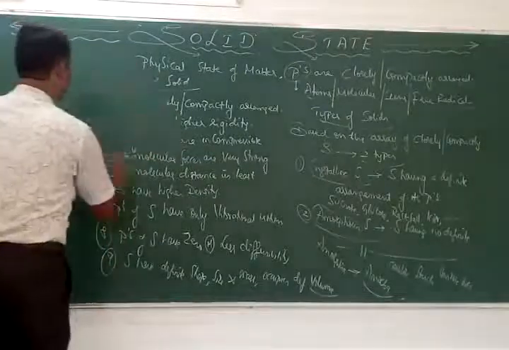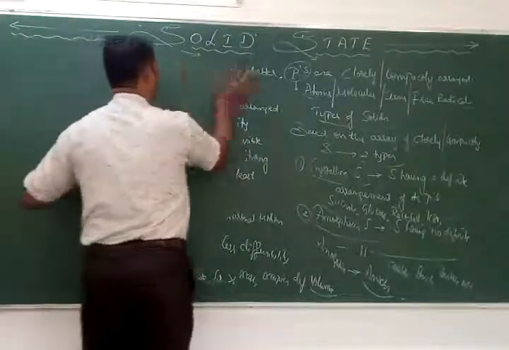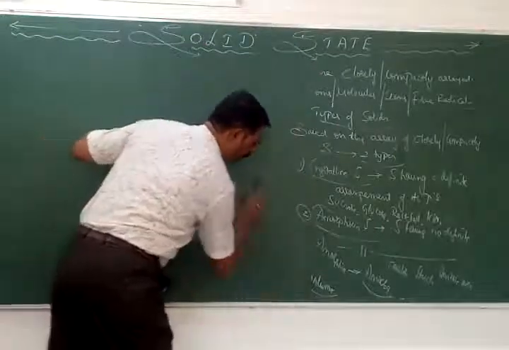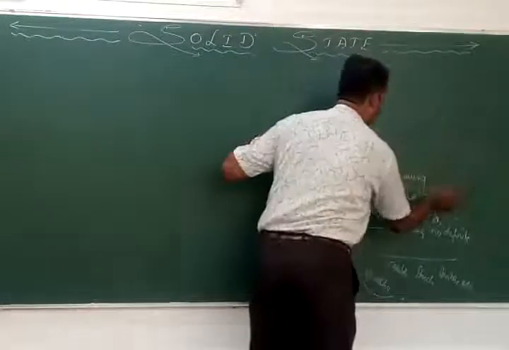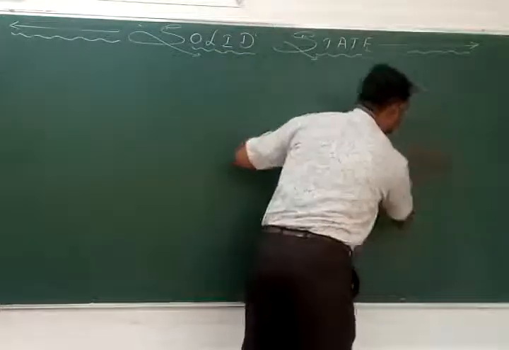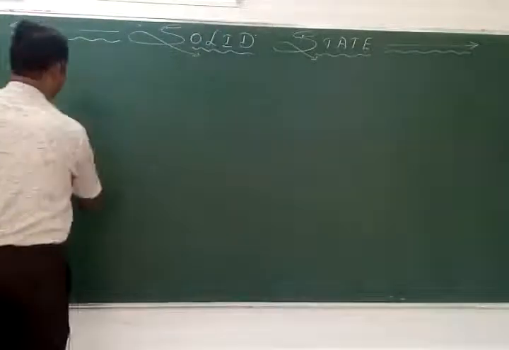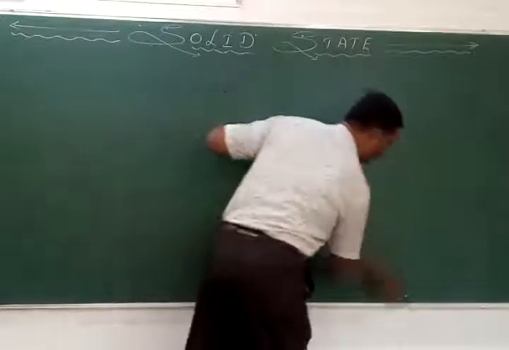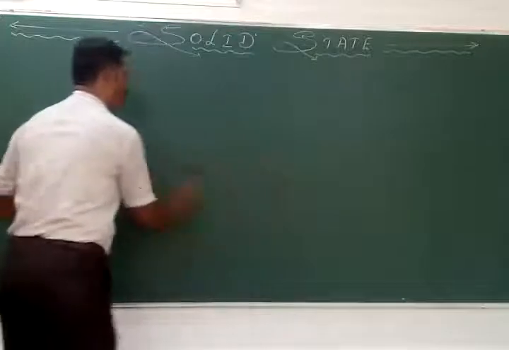Okay, so now we will have the distinction, or it is also called the differences, between which and which? The crystalline solids and the amorphous solids. Let's have the differences list between these two. The solids in which the particles are closely and compactly arranged in a regular way are the crystalline solids, whereas the same solids having the close compactness with an irregular arrangement of its particles refer to amorphous solids.